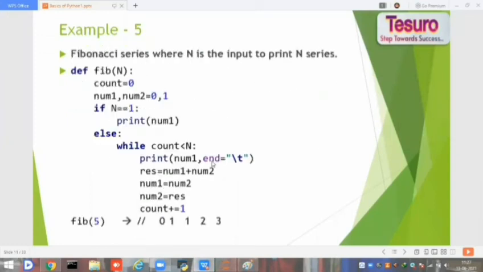And the last example, the Fibonacci series. What is the Fibonacci series? In the Fibonacci series the initial value is 0 and the second value is 1, and each subsequent number is the addition of the previous two. The third one is 0 plus 1, 1, and the fourth one is 1 plus 1, 2, and the next one 2 plus 1, 3. Okay, so here the input is the number of consecutive numbers you want to print. Here I gave 5, so it prints all the 5 occurrences in the Fibonacci series.